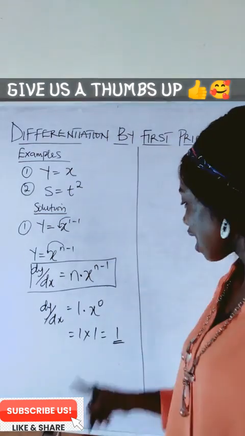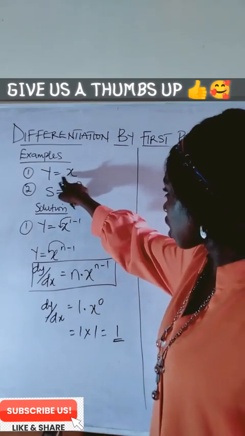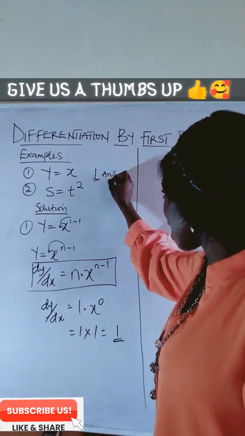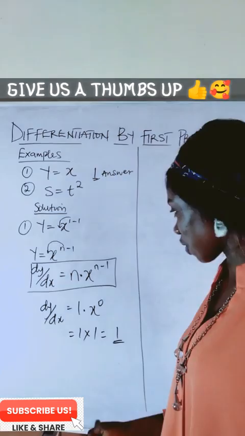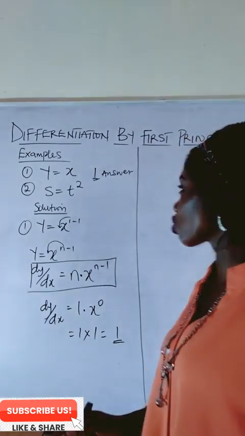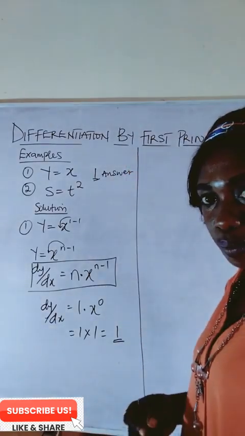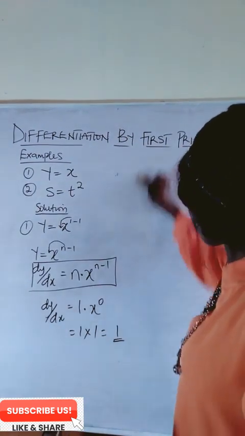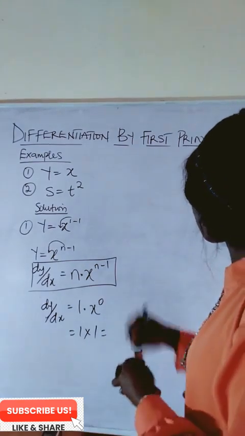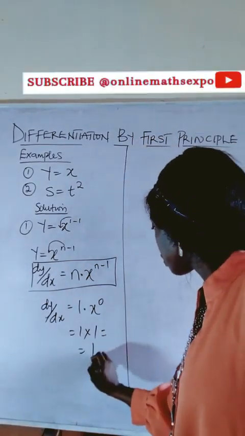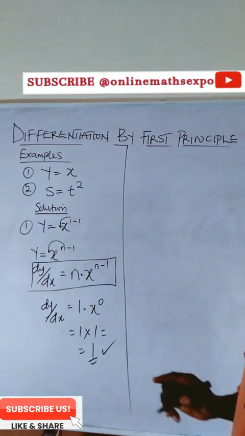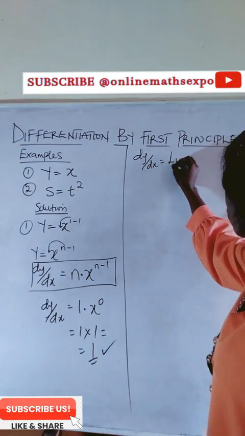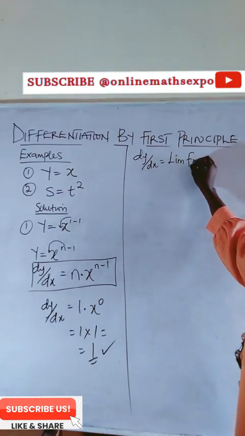So what does this mean? It means that if I differentiate y equal to x, my answer is going to be 1 using this method. Now let me show you also how to do it using the first principle. Using the first principle, remember our key that dy/dx is equal to